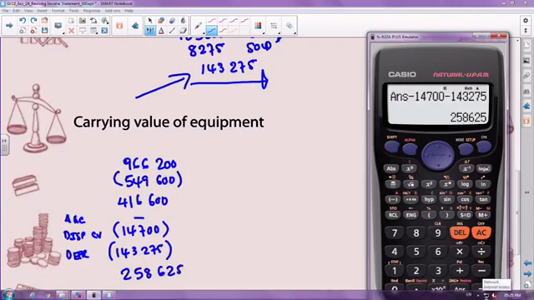258,625, and voila, I've got the carrying value of my equipment at the end of my financial year. Quick recap: cost price at the beginning of the year minus your accumulated depreciation will give you carrying value. What components do you bring in? Additions at cost, disposals at carrying value, and your total depreciation. Remember, that's your total depreciation on the equipment for the year. And obviously, this tells you how you calculate the carrying value of your equipment at the end